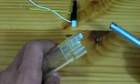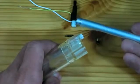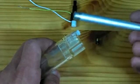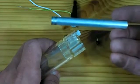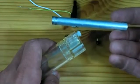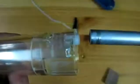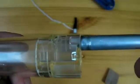Now the last thing we need to do to this little white piece is to sand it down so it will fit inside our barrel. Our barrel can be made of anything, though I like to use something that is 6 millimeters in internal diameter so that it will fit airsoft pellets. This is the barrel off a broken airsoft gun. Alternately, you can use a 6 millimeter pen tube. Once the plastic piece has been sanded down enough to fit the barrel, it should be glued on with epoxy